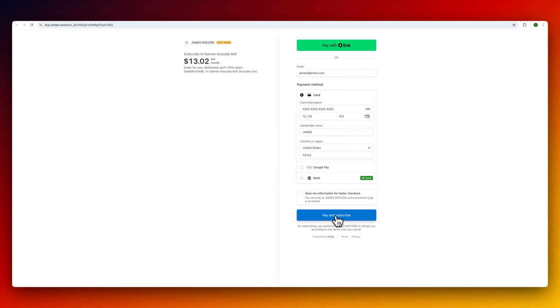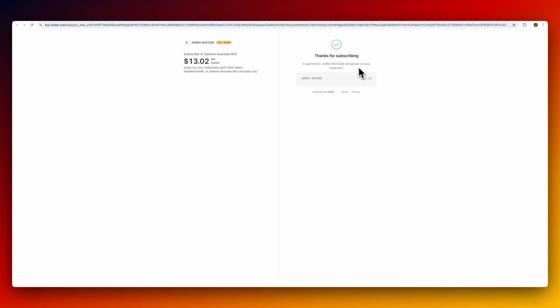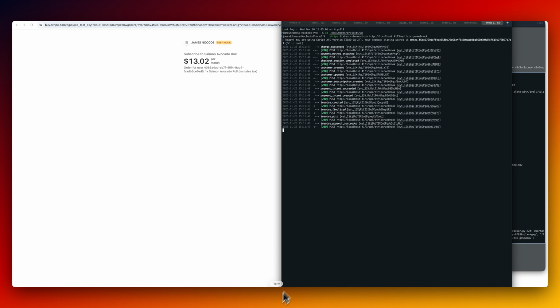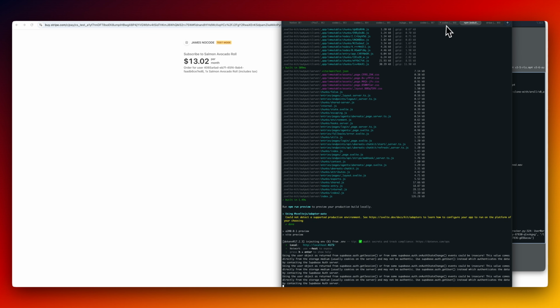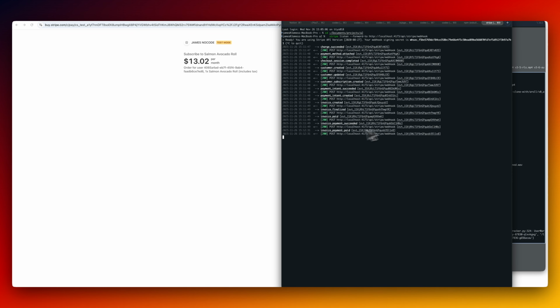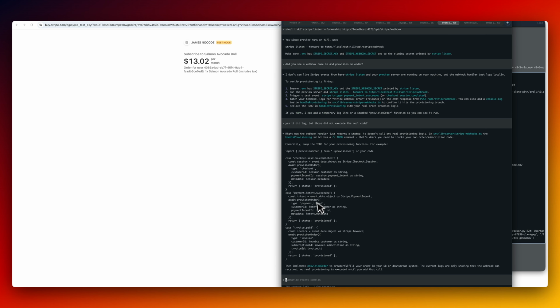Okay, and now let's go ahead and pay and subscribe to this thing and see if it works. Okay, thanks for subscribing. There we have it. All right, now let's take a look at our webhooks. As you can see, charge succeeded, payment, we're getting these events, and our system should know that good things have happened. Now, even though these were firing here, nothing happened here because it didn't really create the logic yet,